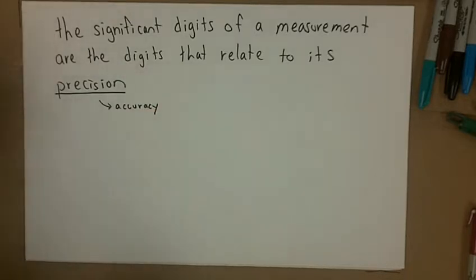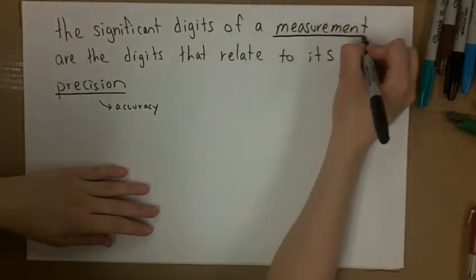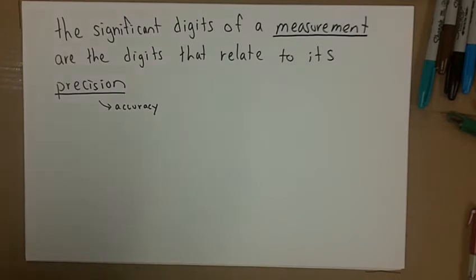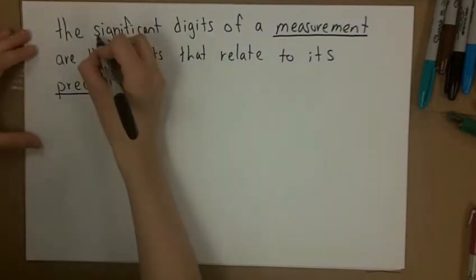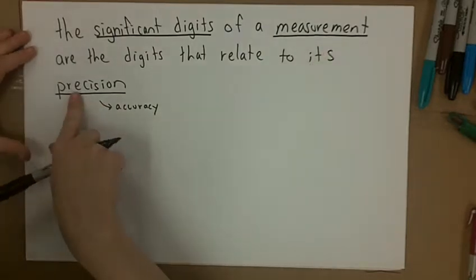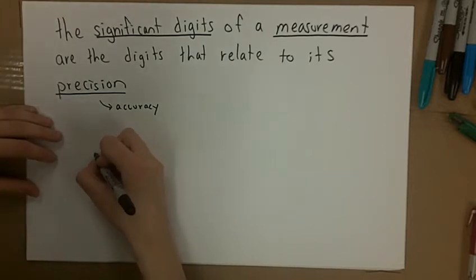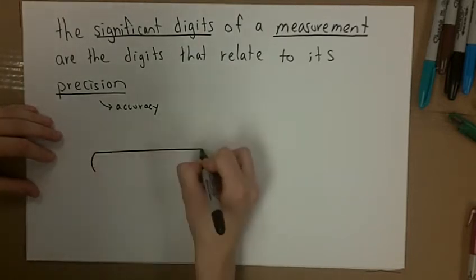One of the reasons why we don't learn about significant digits in math is because in math we don't use measurements as our numbers. In science, all of our numbers come from measurements that we could have gotten in an experiment. So significant digits are all about measurements and their precision. There's no such thing as a perfectly accurate measurement because all our measurements are limited to the measuring devices we have. For example, if I wanted to measure a book,